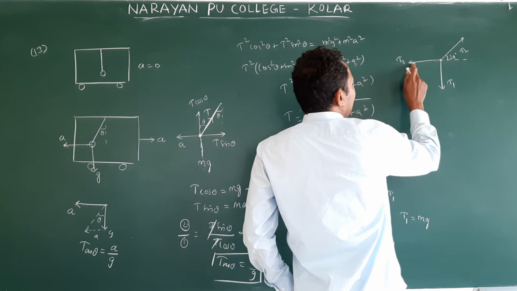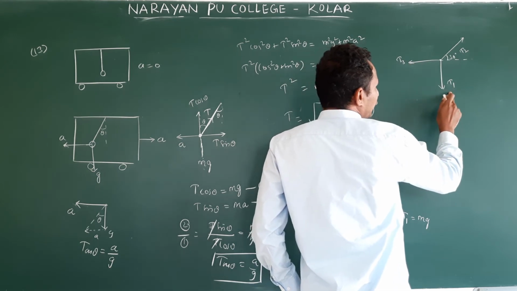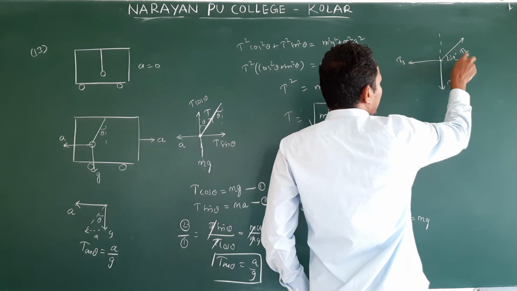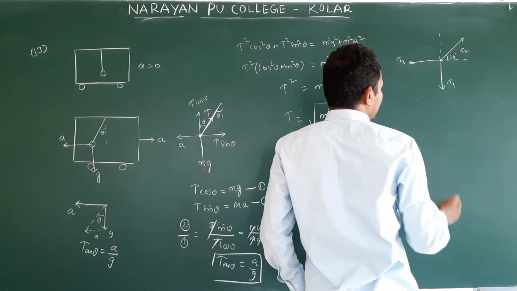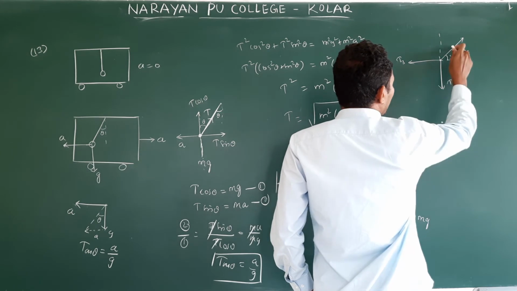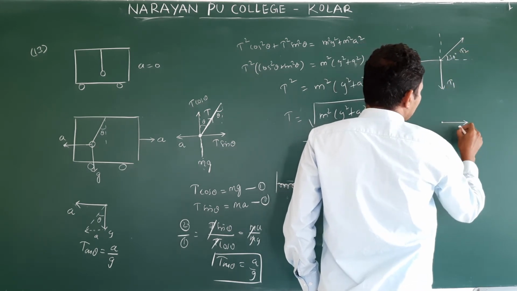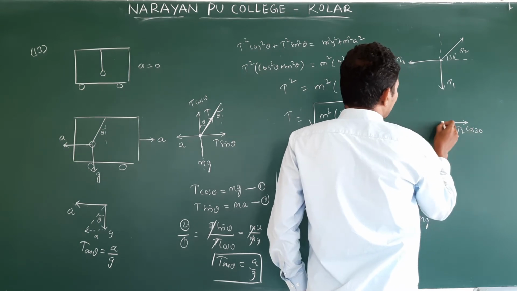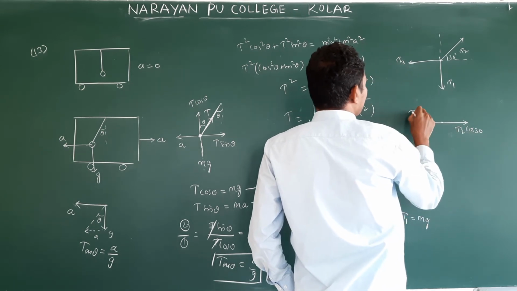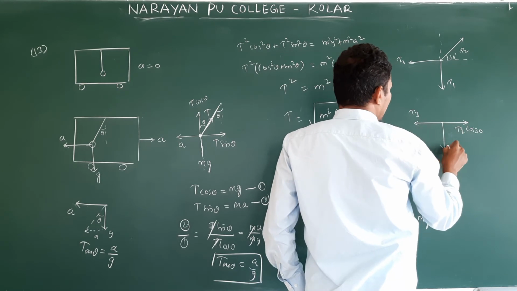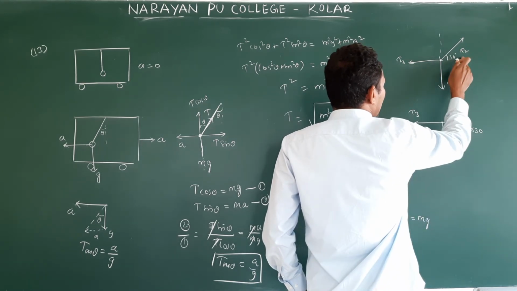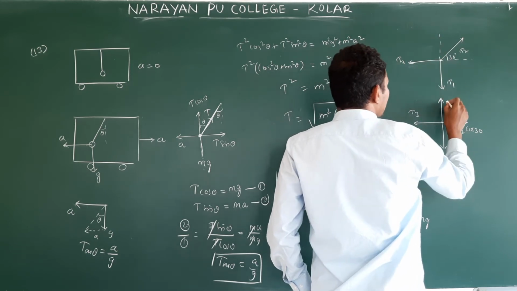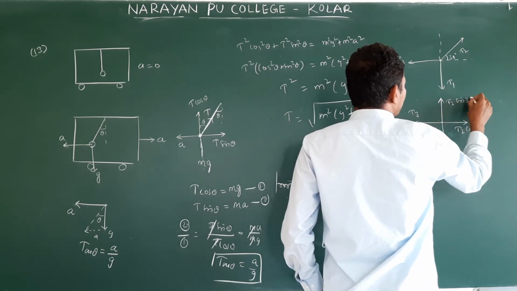Now T3 is acting along the negative x-axis, T1 acting along the negative y-axis. But T2 is acting along both x and y-axis. This you resolve along the x and y directions. If you resolve this, what do you get? T2 cos 30 along x. Next, along negative x-axis, what is acting? T3. T1 is acting downwards. One component will resolve along the x-axis, another component will be up, that is T2 sin 30.